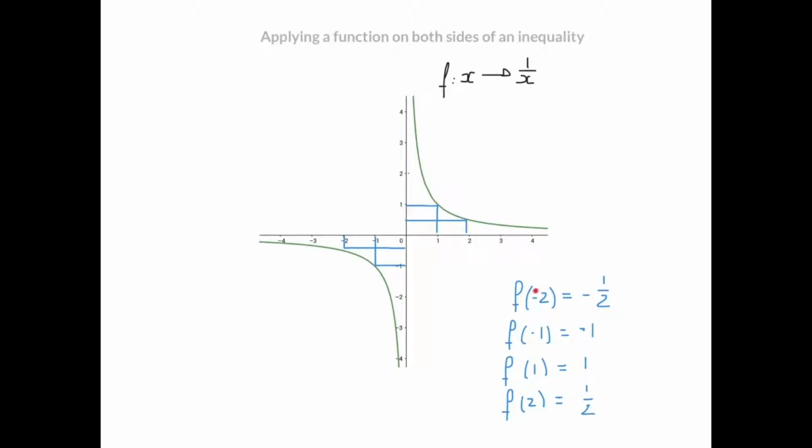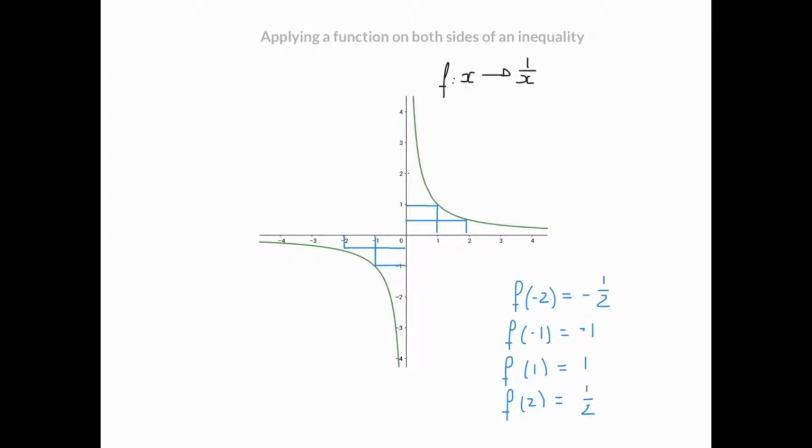Let's have a look at all these values. You see that minus 2 is smaller than minus 1. f of minus 2 is minus half, f of minus 1 is minus 1. So this value here is greater than this one. Minus 2 is smaller than minus 1, minus half is greater than minus 1. It does make sense, our curve is going down, so we need to switch the inequality,